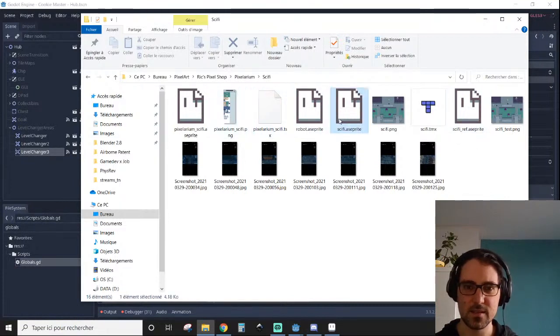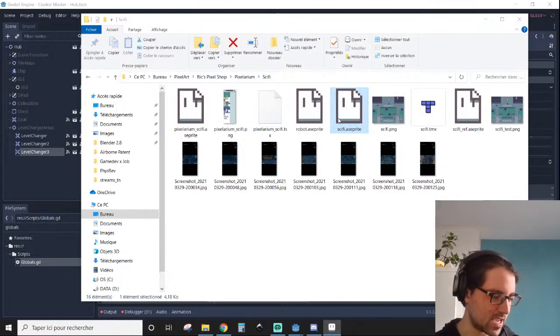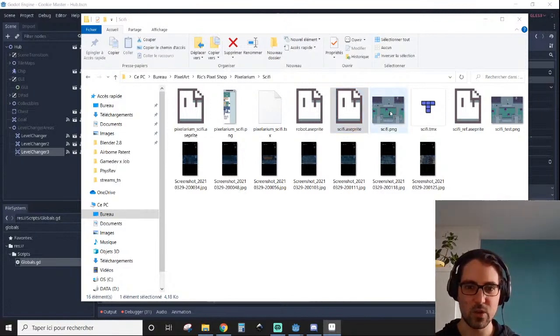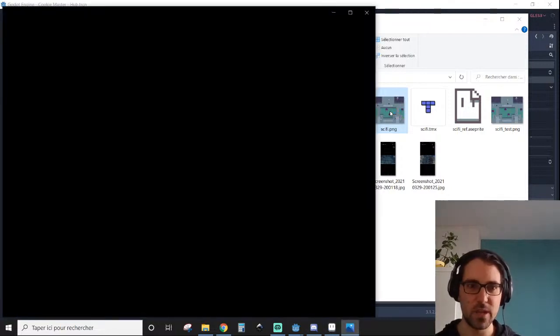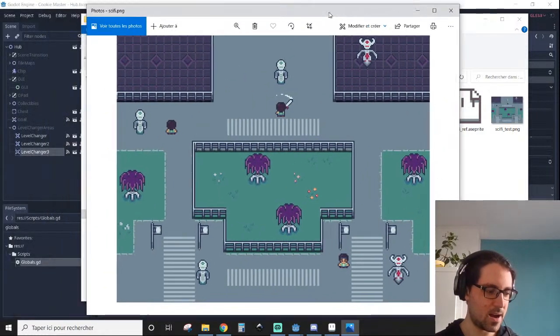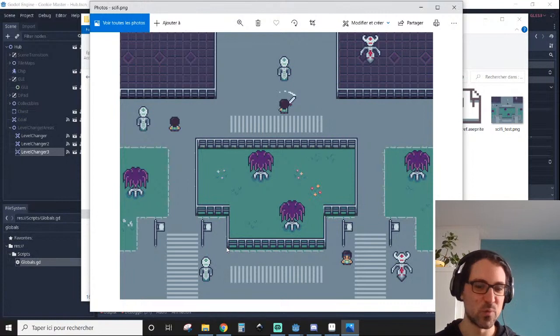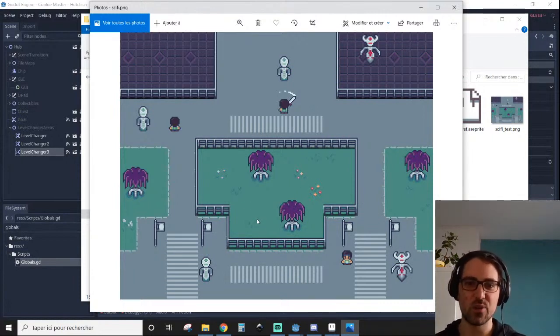Wait, is this the one? I've been working on another tile set, which is sci-fi. I'm going fully for this sci-fi style. Look at here. You can see a little bit of what it looks like. Basically, I have two robots, and I'm alternating green tiles with